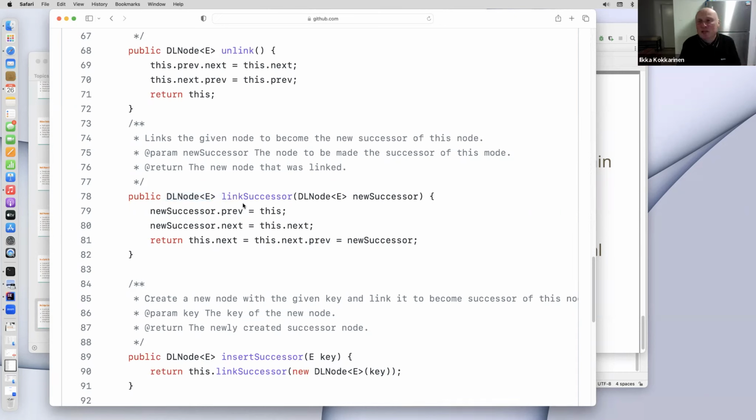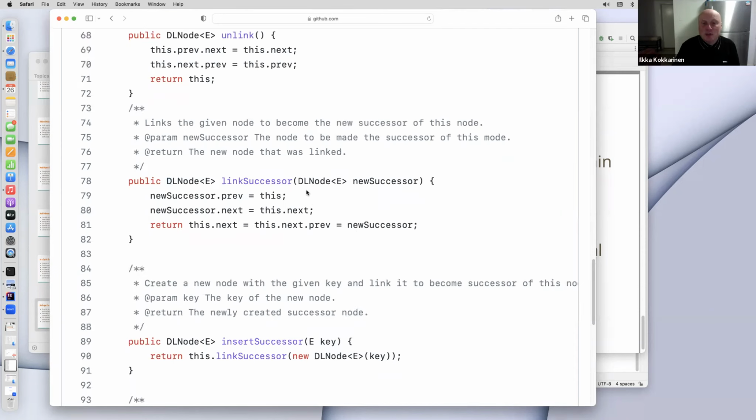Should I be returning this or the successor? But you might as well return something, because doing so allows these method calls to be chained, as opposed to a method that returns nothing and just mutates data, so that you have to write them as separate statements. If a method returns an object, you can chain the method calls and make your code more streamlined. So this link successor takes an existing node and makes it the new successor